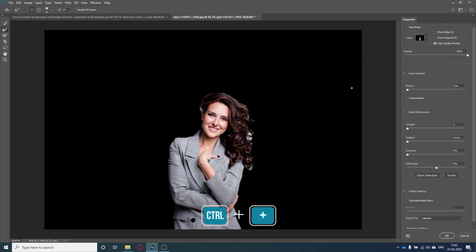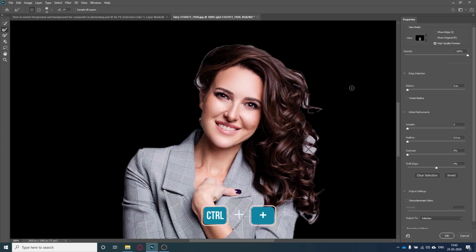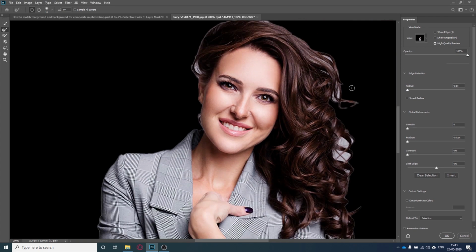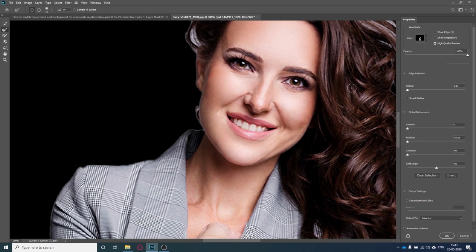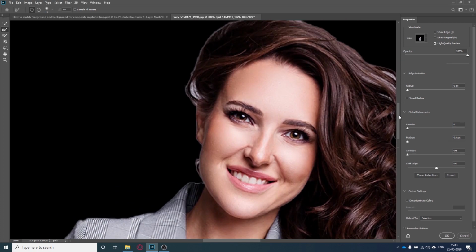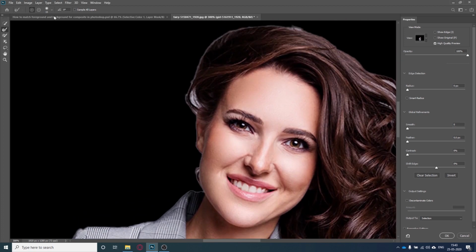So I will zoom in with Ctrl plus like this so that I can see properly. Pan it. Now I will select the Refine Edge Brush tool from here. The shortcut key for this is R. Now select it.